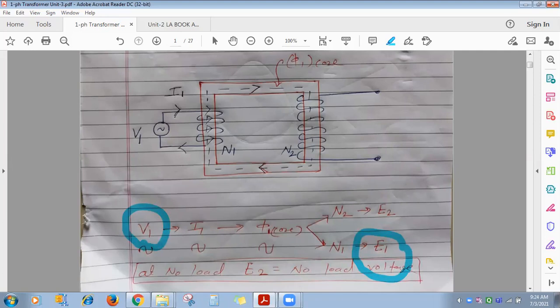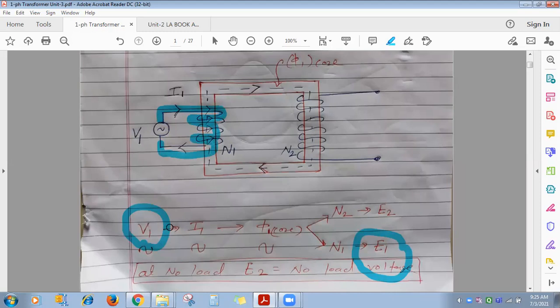And if you observe on primary winding, what about the copper resistance of primary winding? Which variable do we use for that? Resistance of copper winding on primary, R1. Resistance of copper winding on secondary, R2. Now, resistance of primary copper winding is R1, current flowing through it is I1. So what is I1 R1? It's a voltage drop across primary winding because of copper resistance, isn't it? So what is the conclusion?